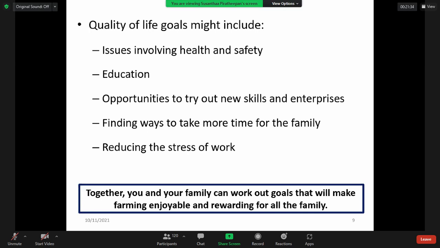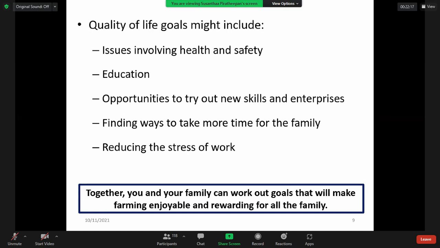So first we will think about our safety. As I already mentioned, there are possibilities for diseases and parasite infections, so we want to make sure of our safety. Quality of life means these are the things we are majorly thinking about in our life. So when you're making a farm plan, you want to make sure of your quality of life. And the second one, education level. If you need to learn more, or if you have small children, you also want to think about your goals according to the education purpose.